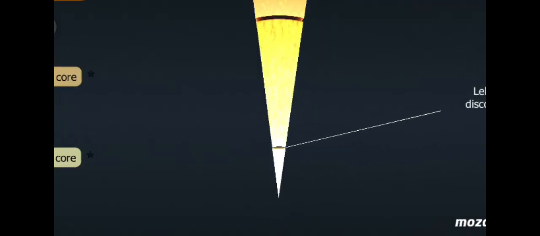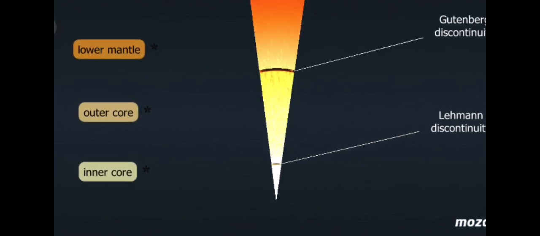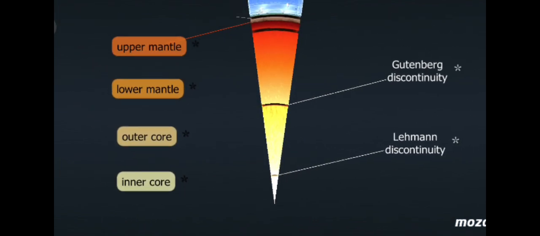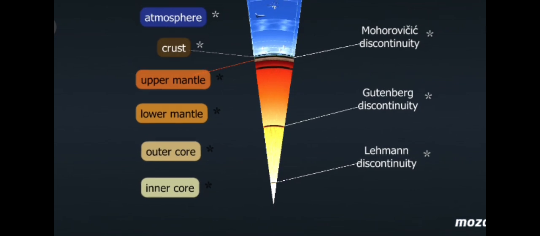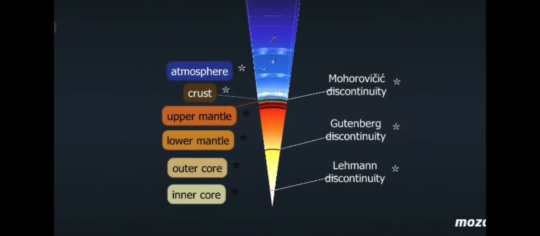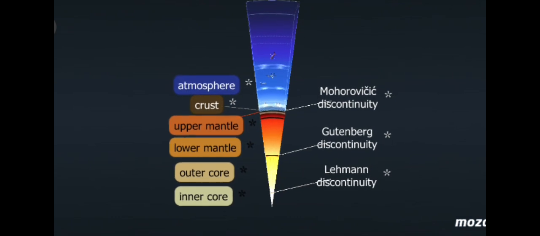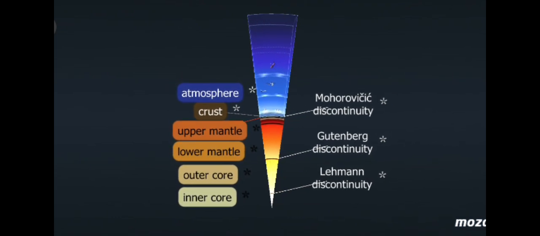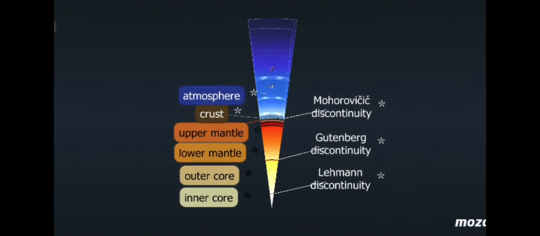Density, temperature, and pressure increase with depth. While pressure increases gradually, density changes abruptly where the velocity of seismic waves also changes abruptly, that is, at discontinuities. The rate of the inner temperature increase is called the geothermal gradient. On average, it is 3 degrees Celsius every 100 meters, but it decreases with altitude. At a depth of 200 kilometers, it is only 0.5 degrees